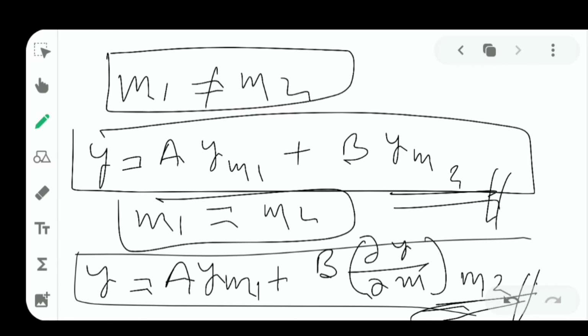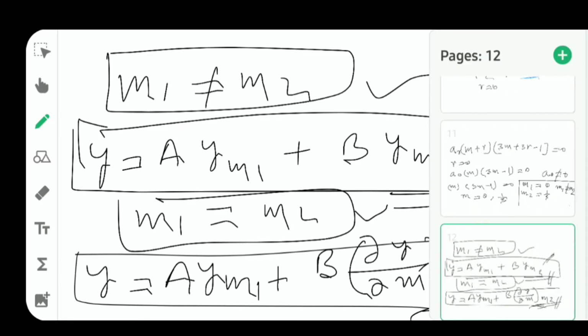There are also two various solutions for negative values. These two cases I would like to discuss in upcoming videos. In this video I already discuss this formulation of the solution, but in an upcoming session I would like to discuss more on this series solution. If m1 is not equal to m2, or if m1 is equal to m2, there are lots of conditions. I will discuss them later.